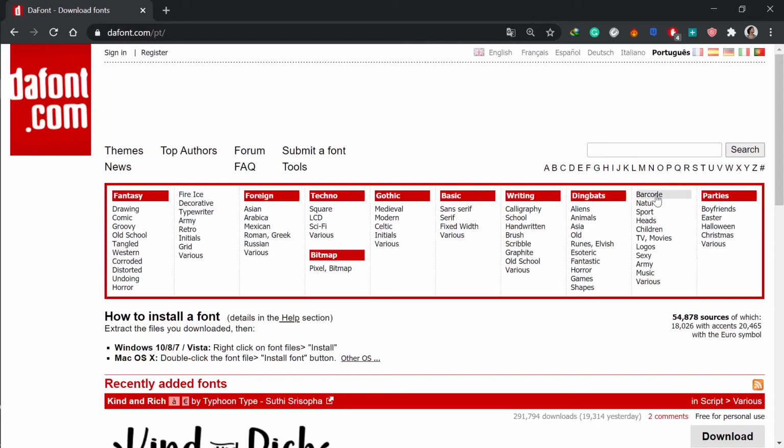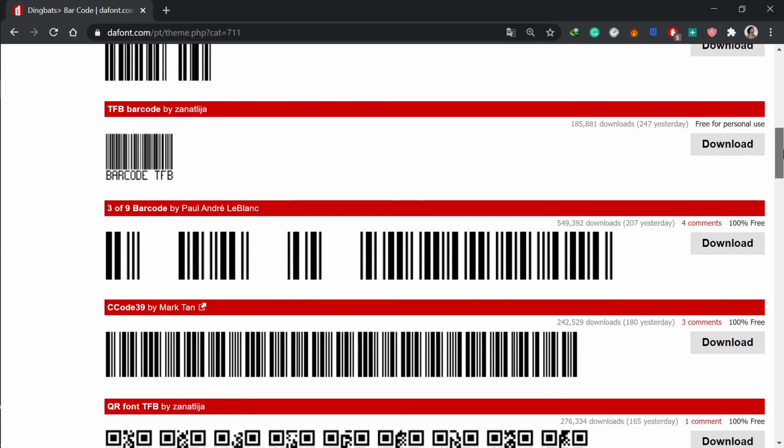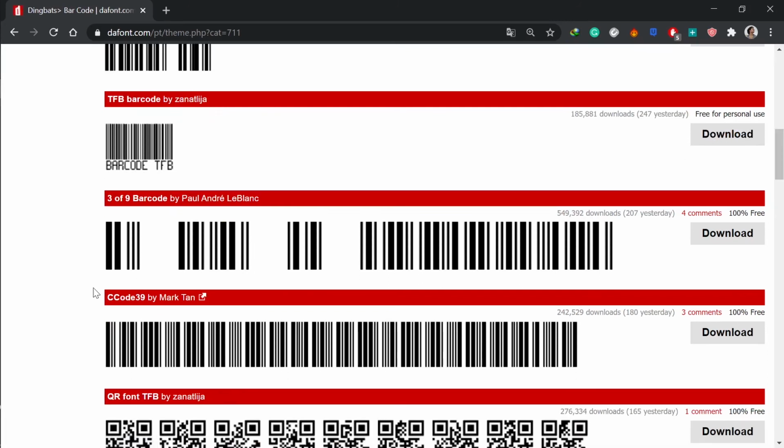If you don't have that font, then go to dafont.com. Then find the barcode and click it. Here you get different barcode fonts. Then scroll down until you find CCODE 39 by Mark Tan. At the right, you can see the download. Download the font and